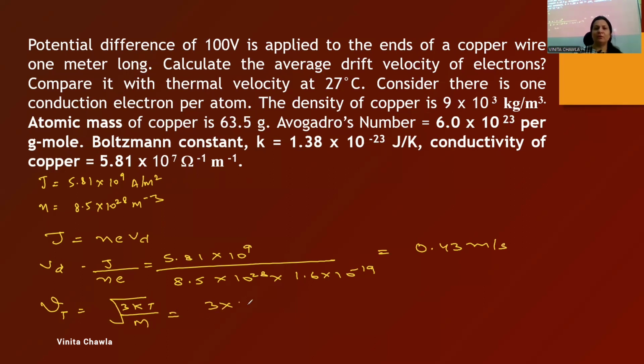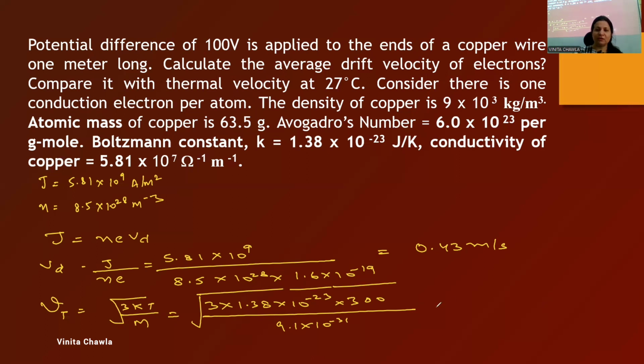So 3 into 1.38 into 10 to the power minus 23। टेम्परेचर कितना गिवन था? 27 डिग्री सेल्सियस। केल्विन में कन्वर्ट किया था, क्या आया था? 300। ठीक है, और इन द डिनोमिनेटर वी विल राइट द मास। मास इज द मास ऑफ इलेक्ट्रॉन, it's 9.1 into 10 to the power minus 31 under the square root। Okay, so on solving this, you will get this thermal velocity as 1.17 into 10 raised to the power 5 meter per second। This is the thermal velocity। ये drift velocity है और ये thermal velocity।